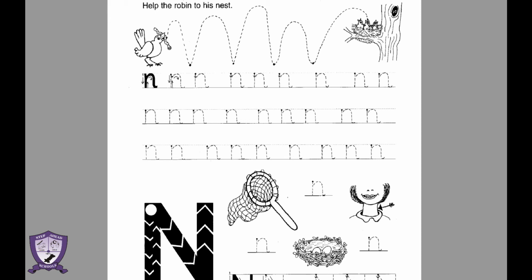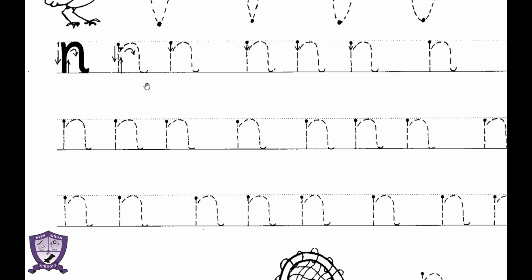Next thing, you have to trace small n. How do we do that? First step is to start from here. You can see small number 1 written over here. Can you see? You have to start from here. Make a line, go downwards, then go upwards and then downwards. Again,